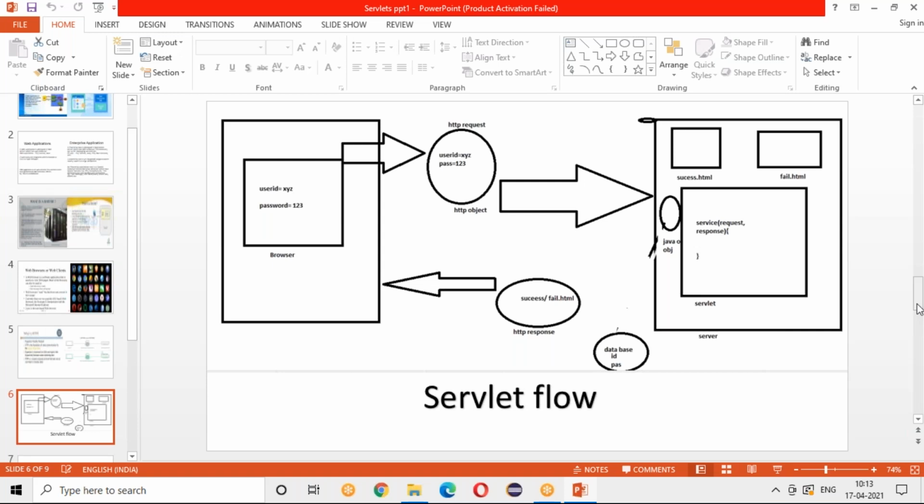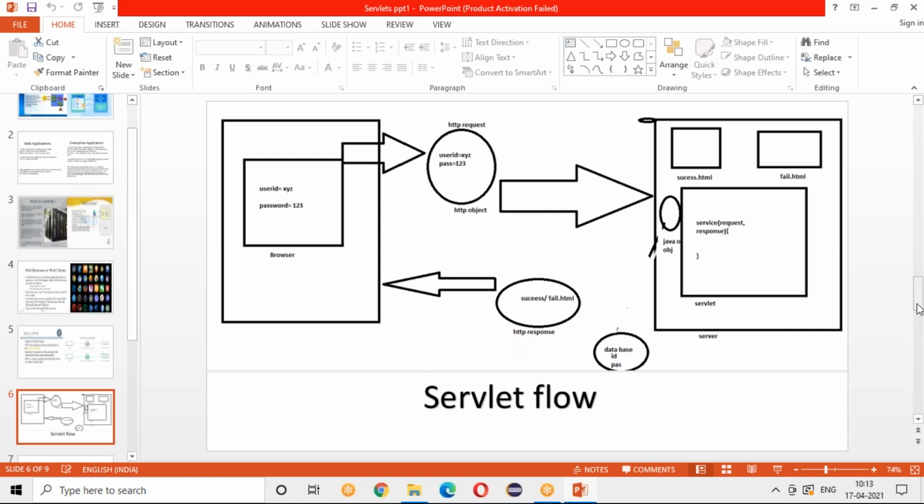You'll enter your username and password, and when you click the submit button, what happens? This request has to go onto the net. Because when you're trying to log into Gmail, your username and password has to be authenticated, whether it is the correct username and password. But who is going to authenticate? That server or system, maybe in the US or somewhere, right? So now your request has to go to that place on the internet.